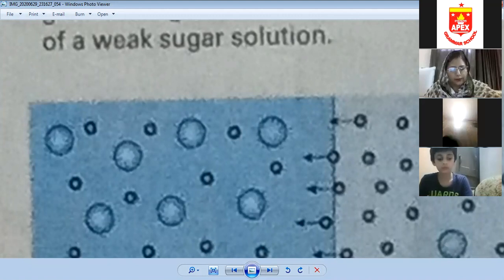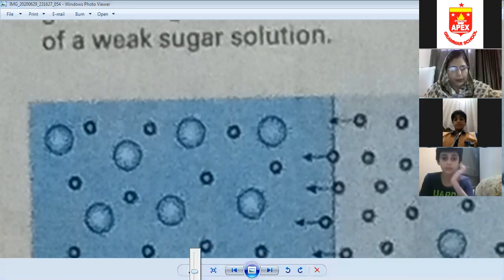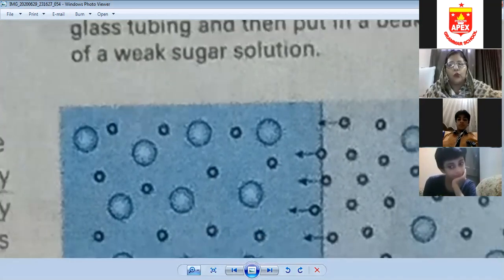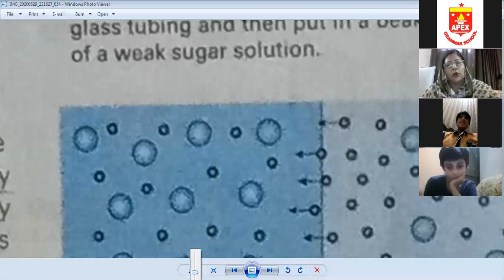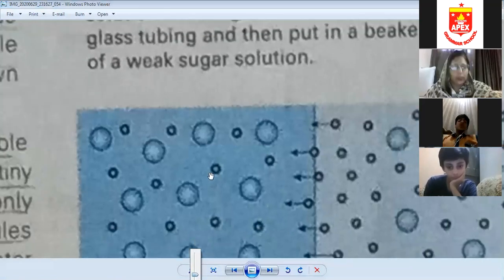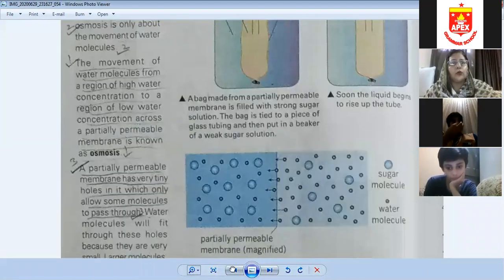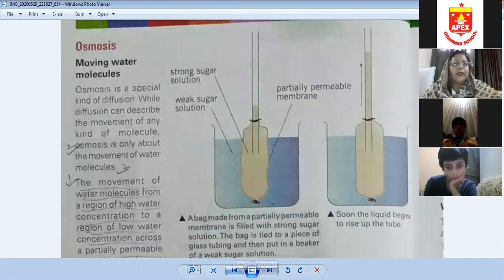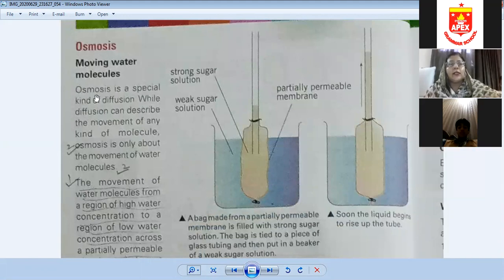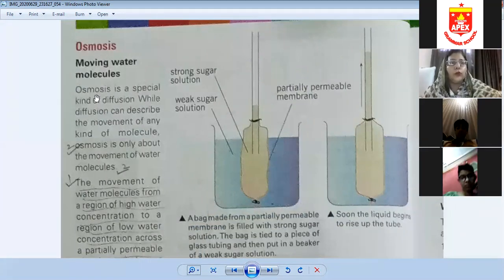Now we will discuss how movements happen inside the plant. First, we have discussed the organs of a plant. The organs of a plant consist of stem and roots, which are responsible for transporting food. Then we discussed the structure of stem, leaf, and root in the previous lecture. And today we have discussed how sugar solution moves in the body of a plant. Now we will discuss which movements happen inside the plant.